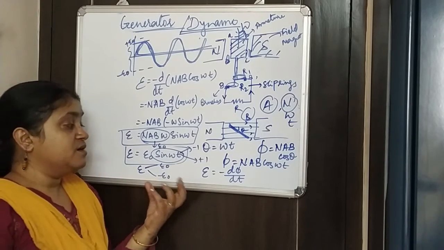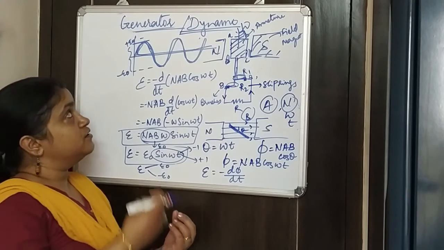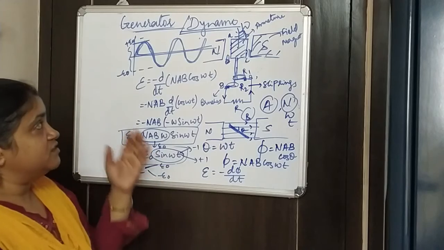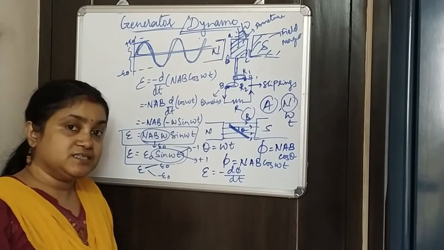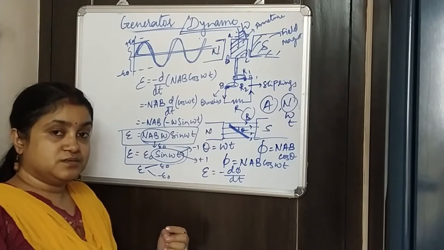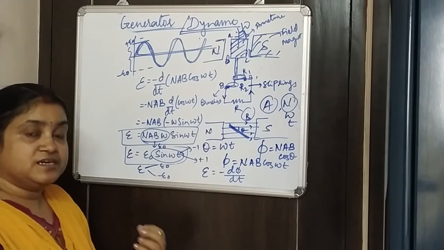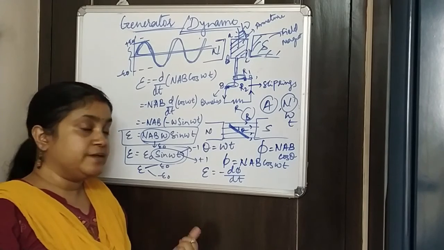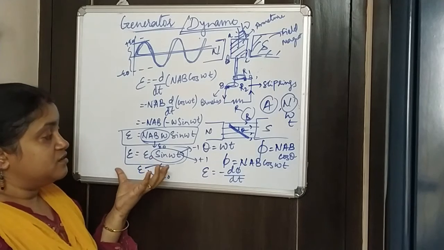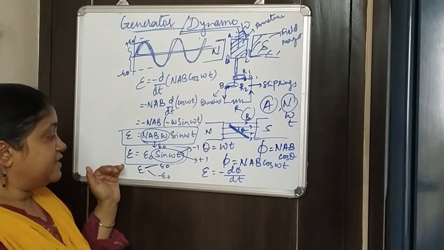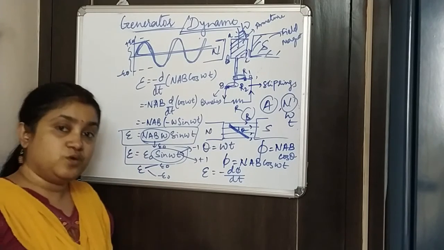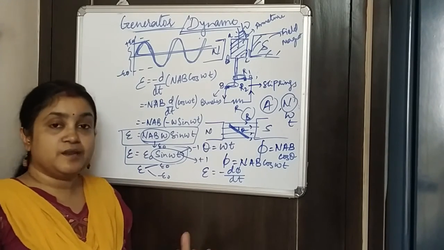So this is the main theory of the AC motor or AC dynamo, by which we are able to generate an AC current. The details of AC current we will learn when we are learning about AC and different types of current. But this is how there is an EMF generating, and this is the way of an AC motor or AC dynamo.